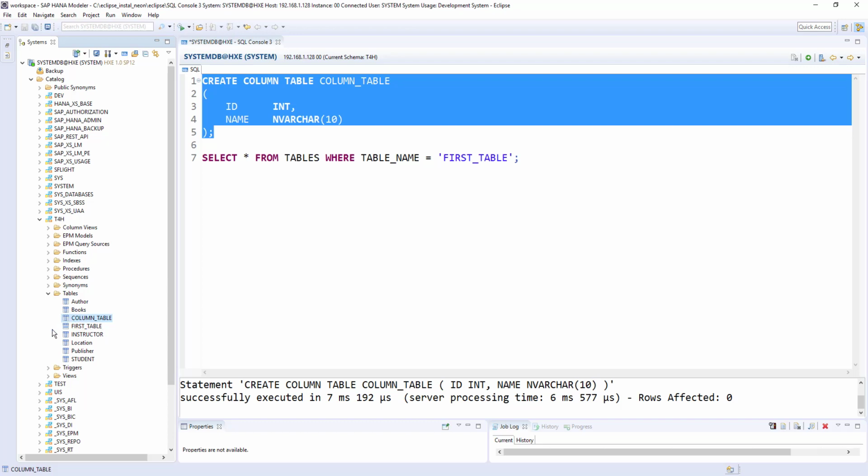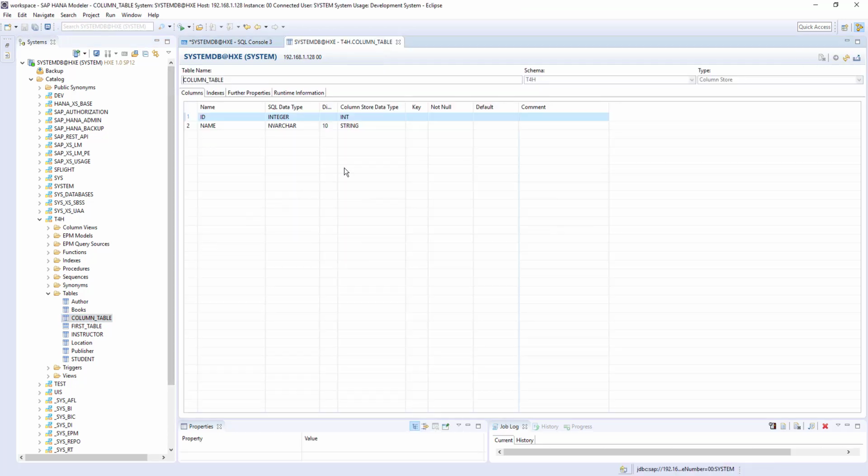So you can differentiate tables based on the icon itself, but alternatively you can double click the table and see whether this is a column store or row store table. So you can identify whether a table is row store or column store by using two options. One is the icon of the table, and the second one is the type of the table in the definition of the table. When you double click the table, it will open the definition of the table.